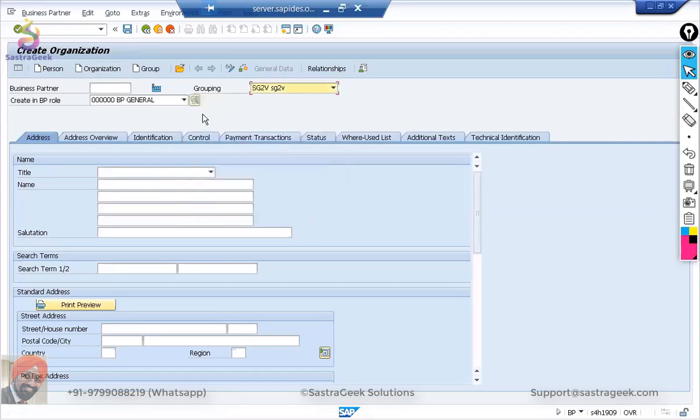This is the one grouping I need to select, SG2V, company, SG02 vendor. Give some details here. City, again, I will give New York, country US, region New York,